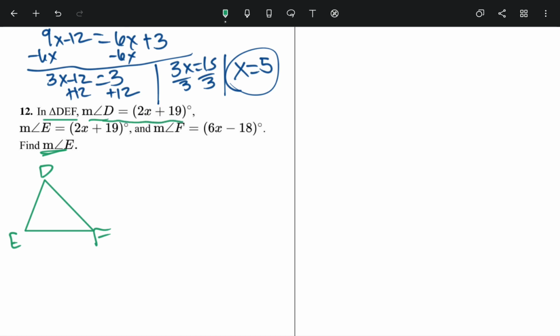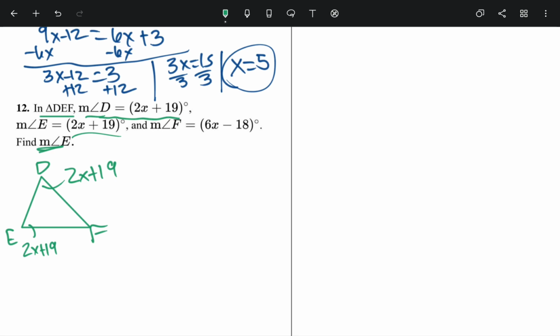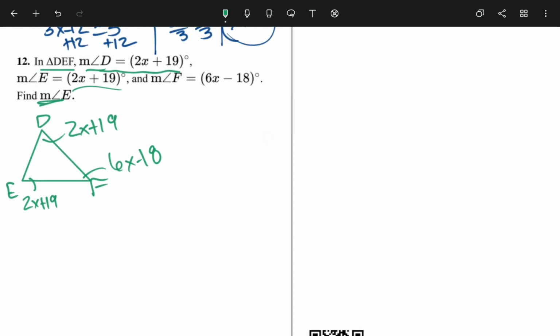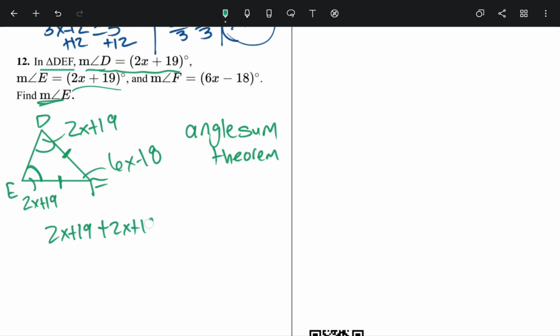We are given that angle D is 2x plus 19. Angle E is 2x plus 19. And angle F is 6x minus 18. Because these angles are equal, this is also an isosceles triangle. But that's not going to really help us too much right now. We have 3 interior angles, so we're going to use the angle sum theorem. So 2x plus 19 plus 2x plus 19 plus 6x minus 18, those are all 3 of our angles, equals